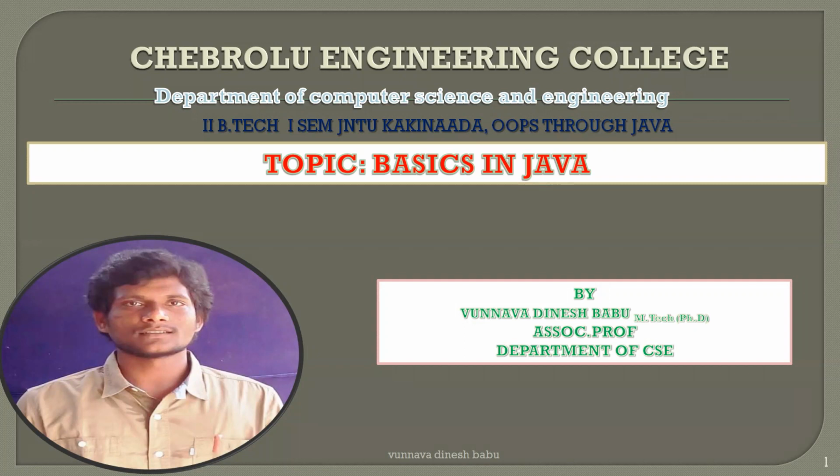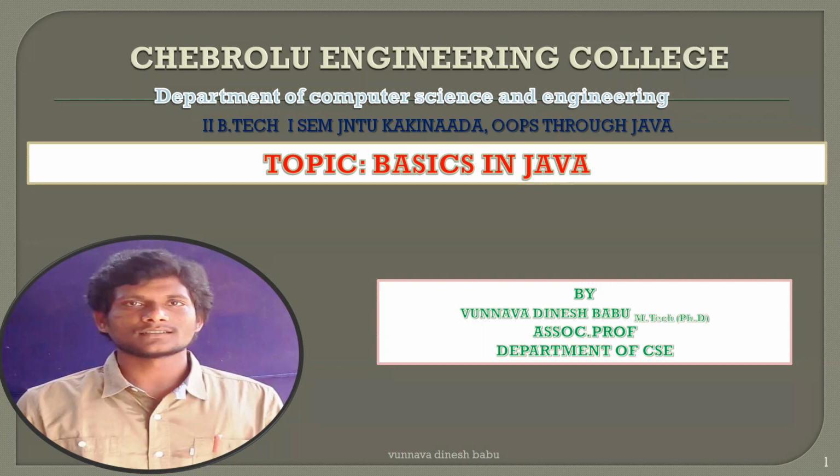Not in the previous session, in the last couple of sessions, we have seen about mainly three keywords: this keyword, super keyword, and final keyword. So this is a keyword which is used to refer the current class object. Super is a keyword which is used to invoke the superclass variables or methods or constructors. And final is a keyword which is used to make the variables as constant, prevent the method overriding, prevent the